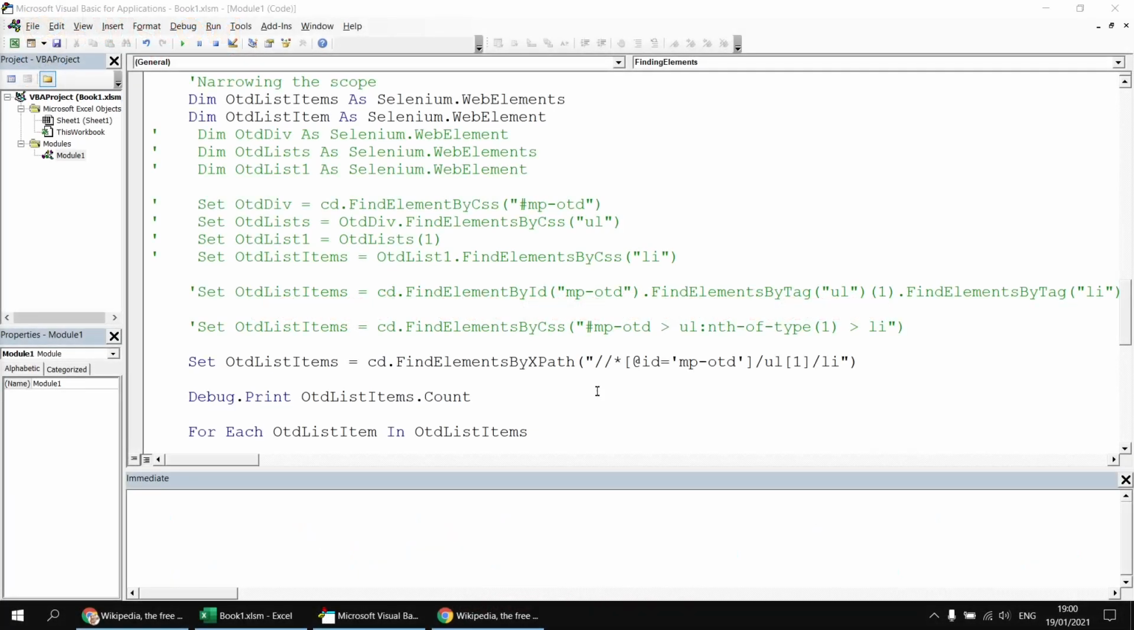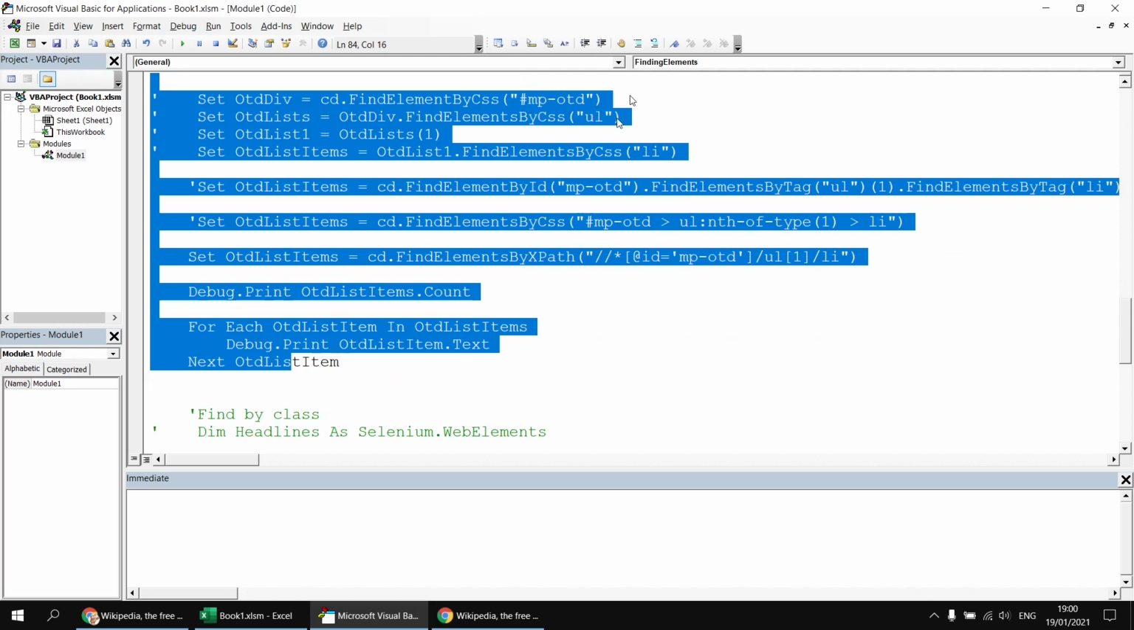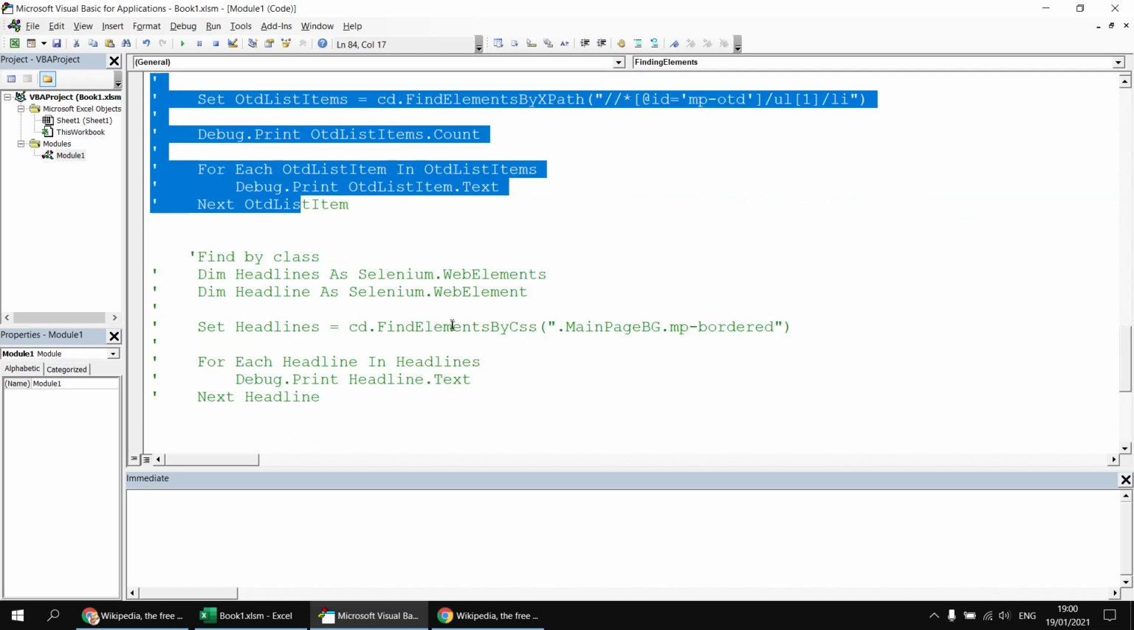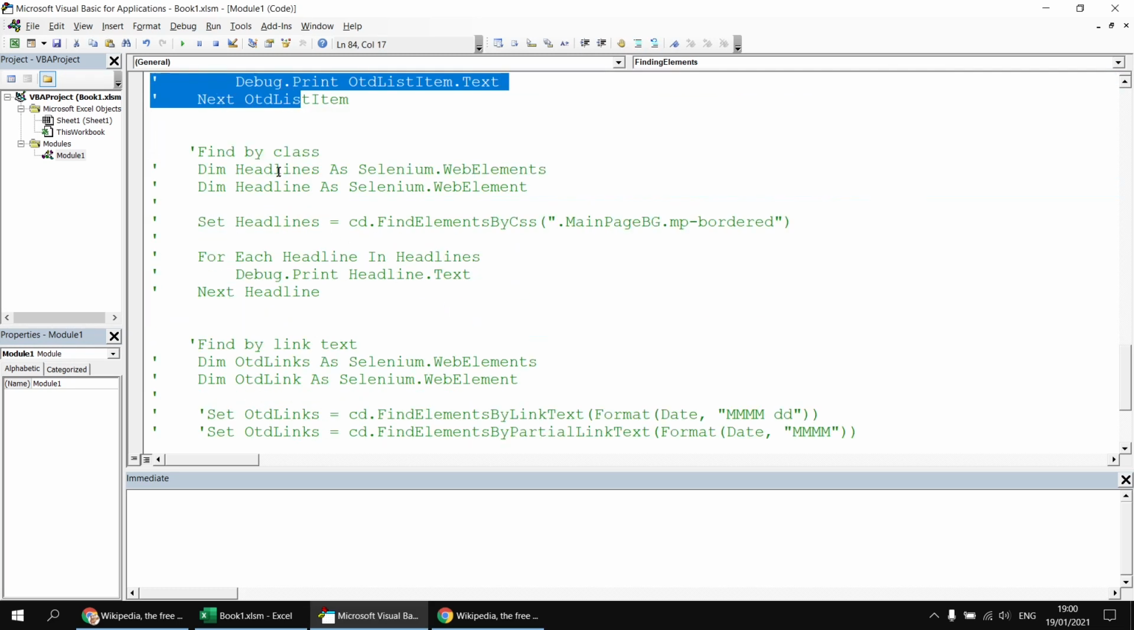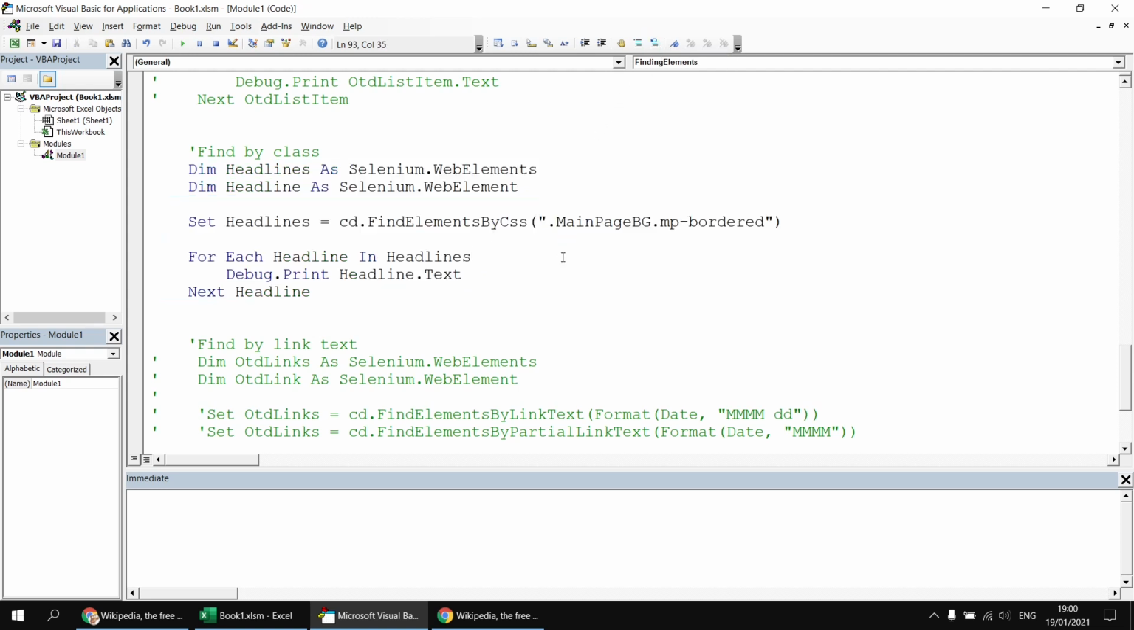Okay, let's look at class names next. I'm just going to comment out this section of code we've just been working with, and then head down to the Find by Class section. This one's not particularly interesting again, it's very much just referring to an attribute of a particular type of element. So I'll uncomment the Find by Class code, and let's comment out the set headlines statement